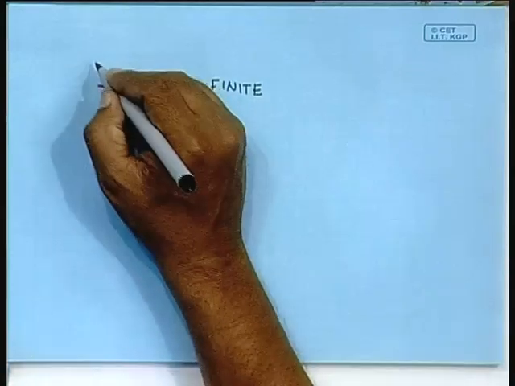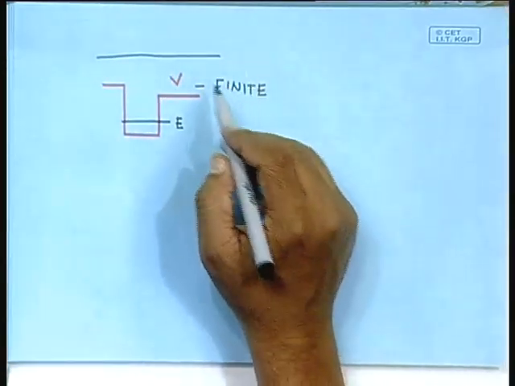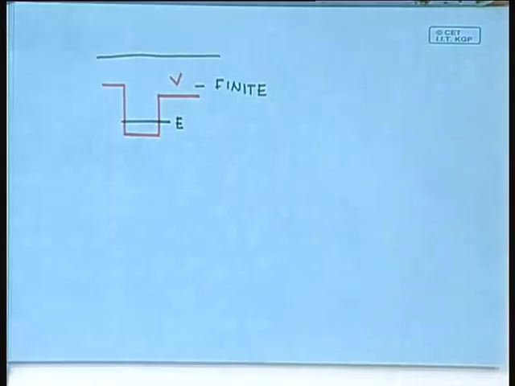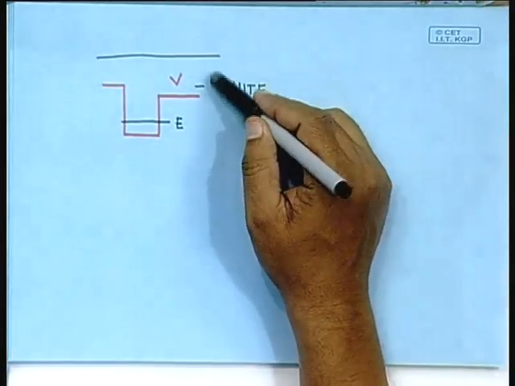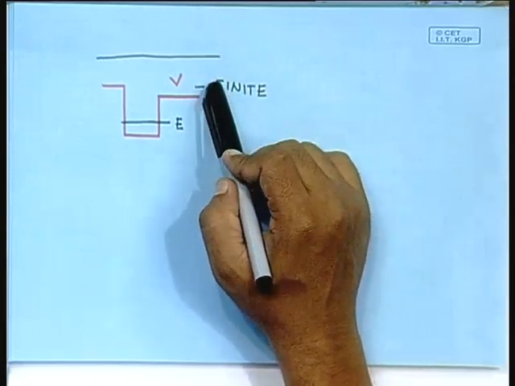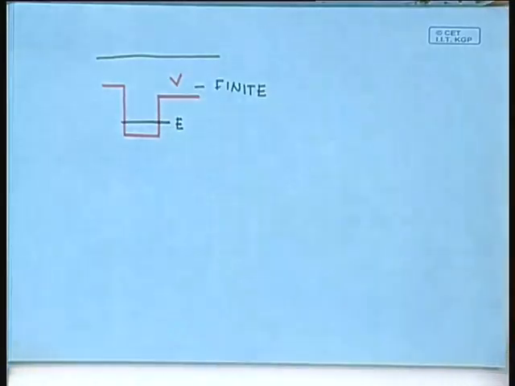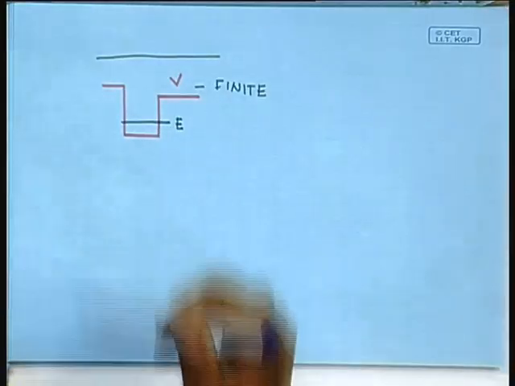On the contrary, if you have a situation where the energy is higher than the value of the potential, you do not have discrete energy states. The allowed values of energy are in general continuous. So, what we have seen here is a very generic feature whenever the particle is confined. You notice that if the energy level is larger than the potential,